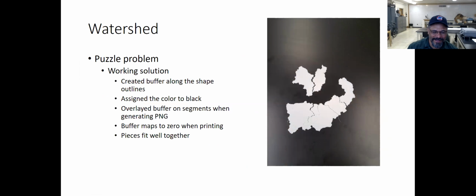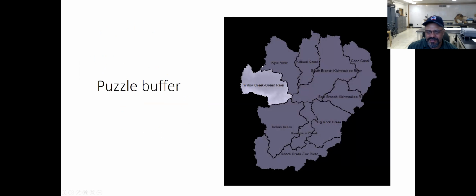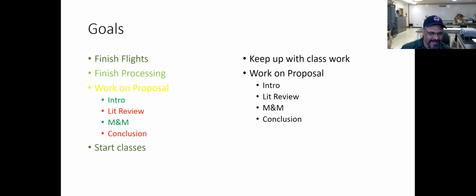Hey, I like the way you're thinking. All right, so next, this is basically what it looks like if you printed the whole thing up. It's just the small little buffer line. It's enough that it smooths some of the zigs and zags, but it fits both sides. So it seems to be working. I'm really pleased with it. It was something that went well this week. You need those little positives today. Yeah, you do. Okay, that's it for it.